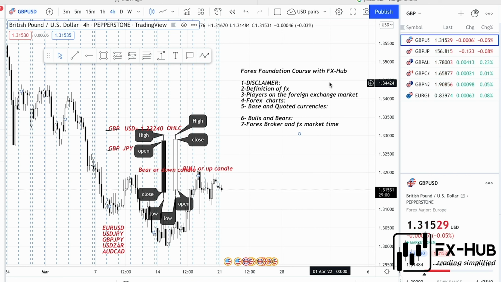Now, the mechanism behind the profit for a bull is to buy low and close high. The mechanism behind the profit for a bear is to sell high and close low. So, in the Forex market, you are off a position when you close it, whether you are buying or selling.